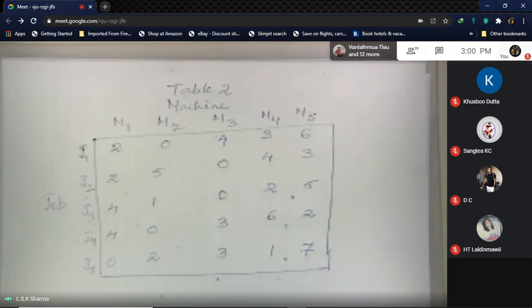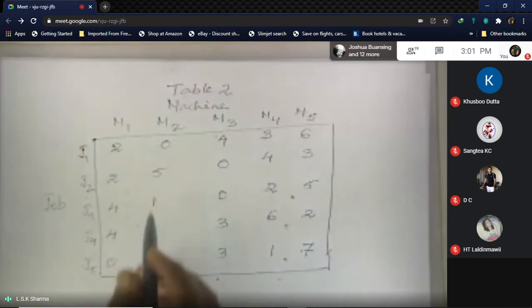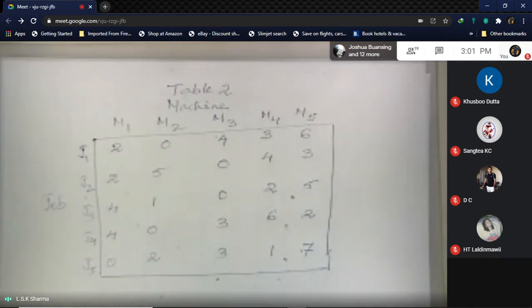Now the second step is again the same thing but column wise. In the second step it says, in the reduced matrix obtained from step 1, subtract the smallest element in every column from the elements. Now what is going to be my third matrix? In this column, what is the smallest number? 0 is the smallest number, so if I subtract 0 it's the same thing. M2 also has 0, there are 2 zeros, so it will remain as it is.